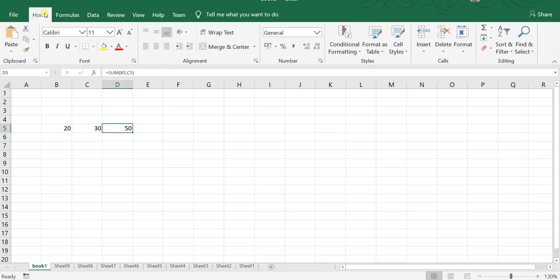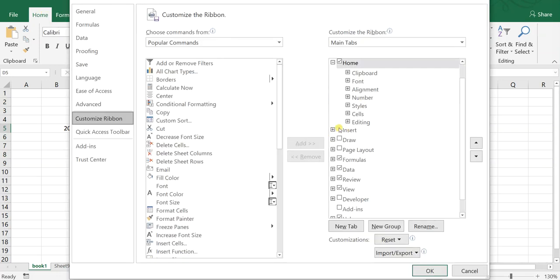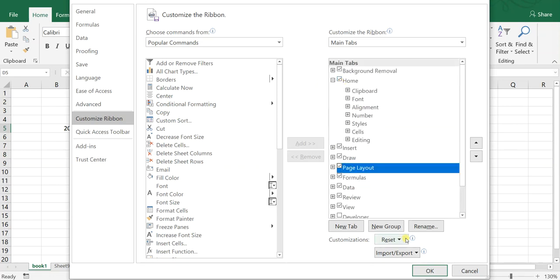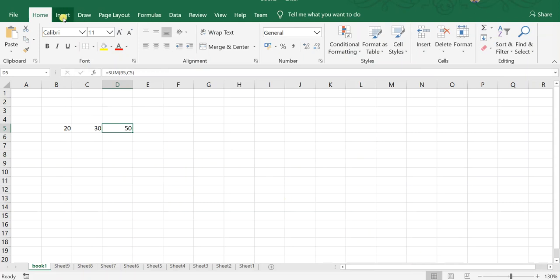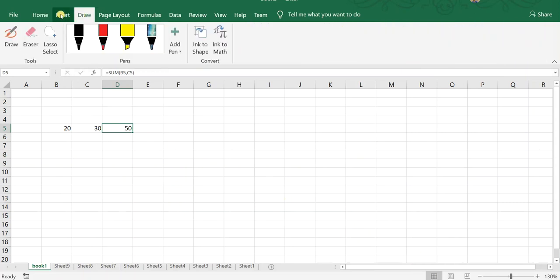Now if I want them again, just right click, Customize the Ribbon, click Insert, Draw, Page Layout. Okay, you can also add a particular option here. So I'm just going to the main tabs here, not the tool tabs, only main tabs, and click OK. So again I got the Insert, Draw options.